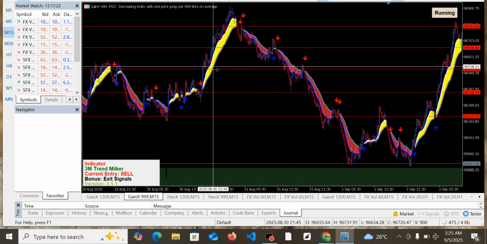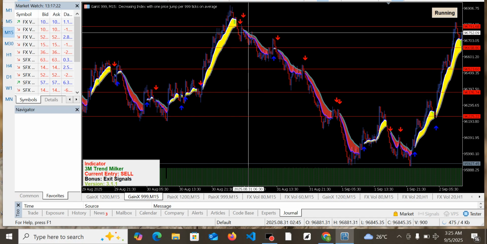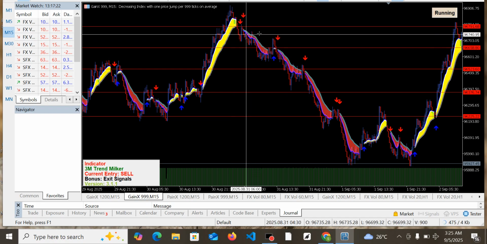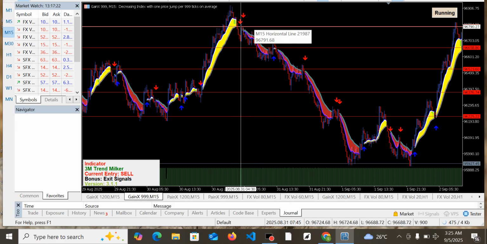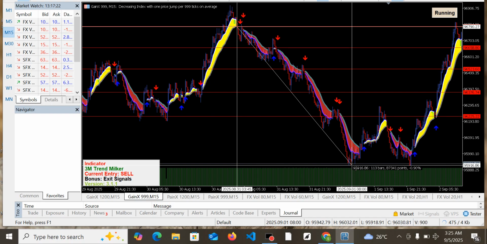How do I know that? Check it out. When it was on an uptrend, it was showing yellow color. Right now that it is going on a downtrend, it shows red color with red arrows. So we need to follow the red arrows, which are the sell signals. You can imagine we came in around here and we sold it till it got to this particular spot. That's so amazing, guys. That's so amazing. This is 113 candles.